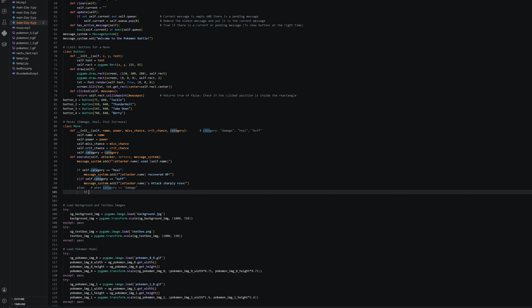So when it's damage, we're going to start another if statement here. And to roll a dice, you use the random function, random integer. So this will take 2 parameters, the minimum and maximum. So this means roll any number between 1 to 100, and it will pull out any one random number. So that random number, if this is less than the miss chance, self miss chance, for example, this is 10%, let's say,